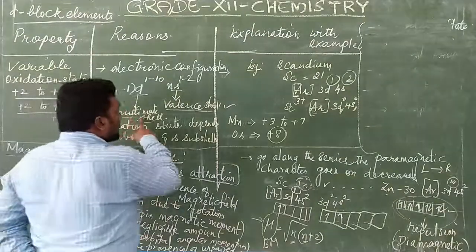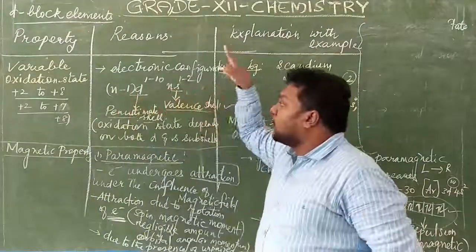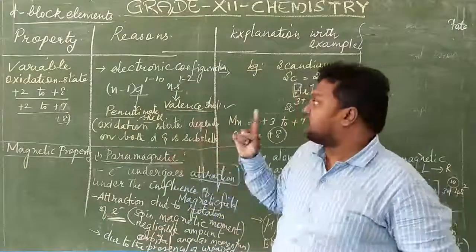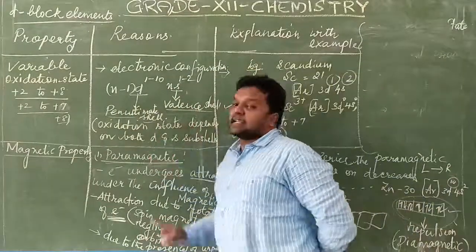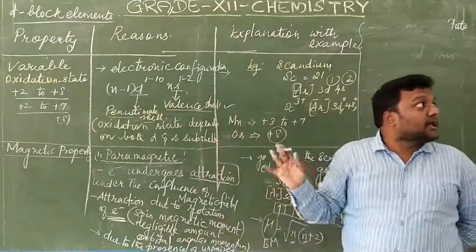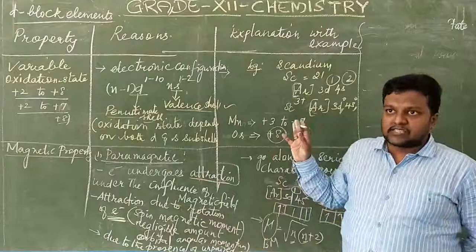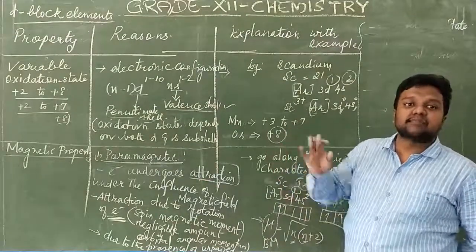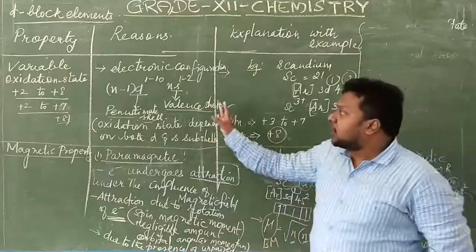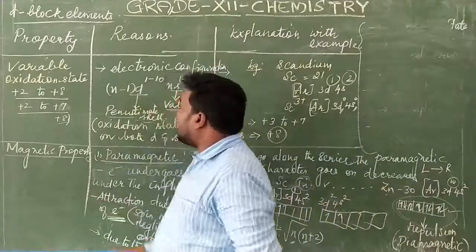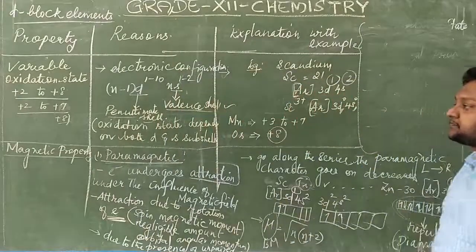So what is the reason? Because of the presence of both the valence shell as well as the penultimate shell. The electrons are being lost from both the valence shell as well as from the penultimate shell. So both shells play a predominant role in the removal of electrons in order to attain a stable configuration, stability. It keeps away the electrons. Clear? So the electrons are getting lost from both the valence shell as well as from the penultimate shell.